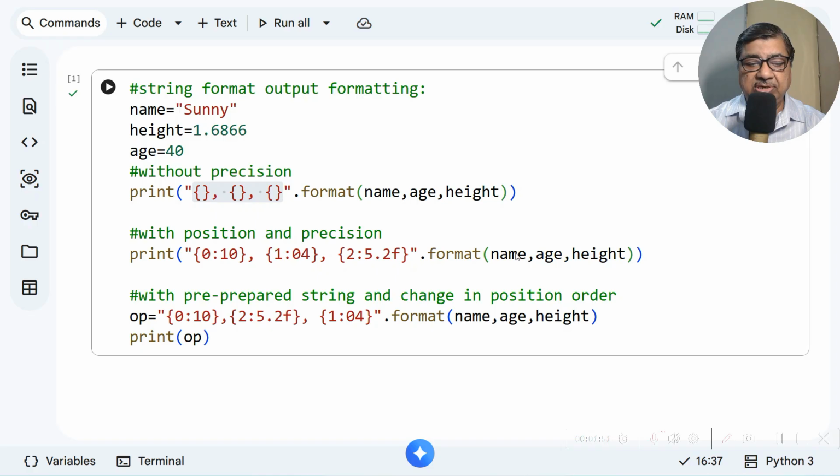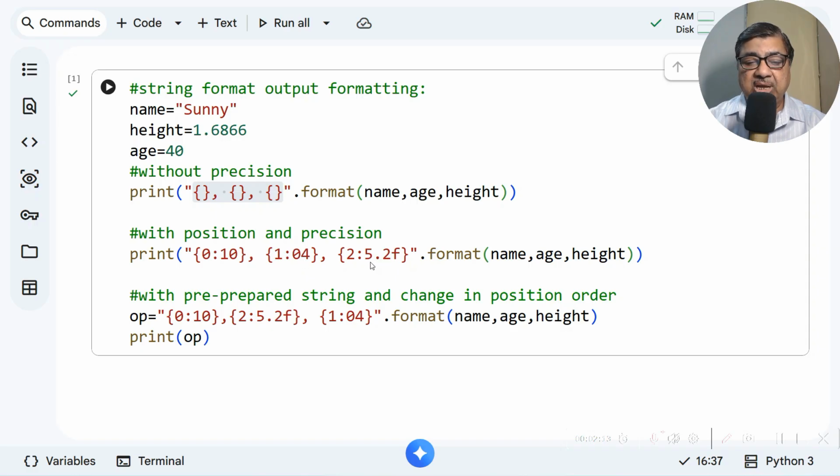Then name is text, and we are taking up to 10 characters for this name. For age, which is an integer, we are taking 4 characters with preceding zeros for whatever is balanced. Say the number is 40, so this will be up to 4 characters, so 0040 will come.